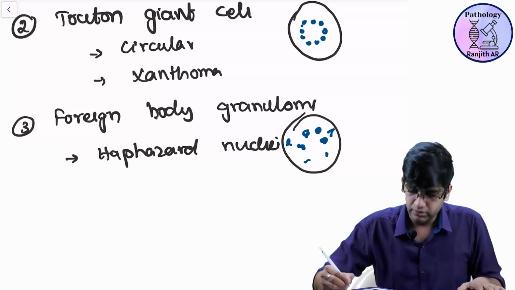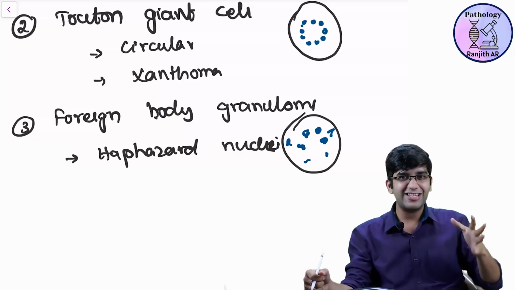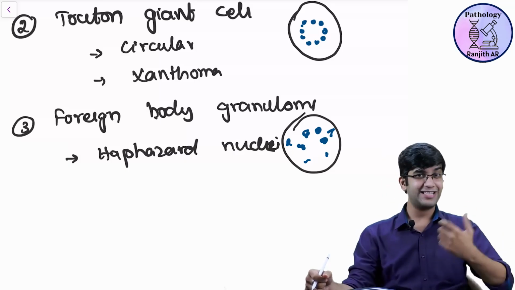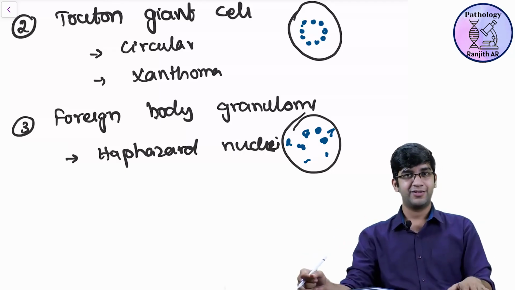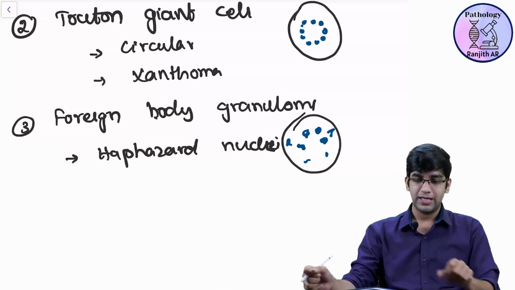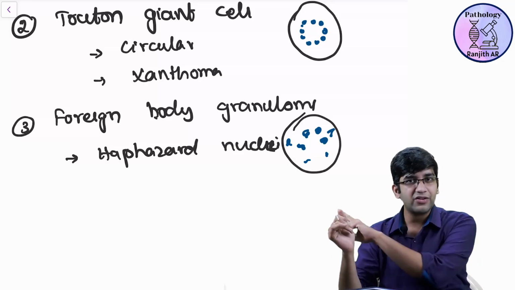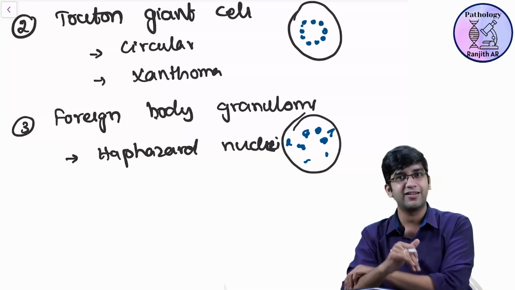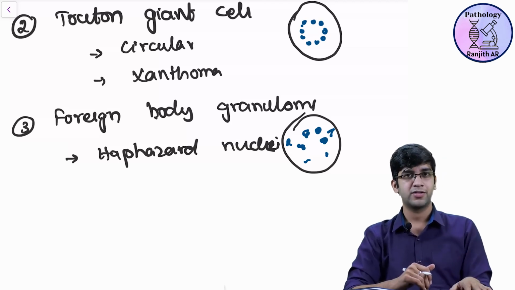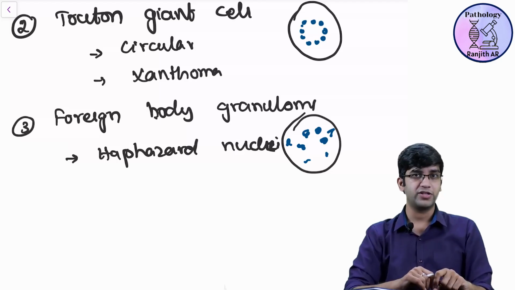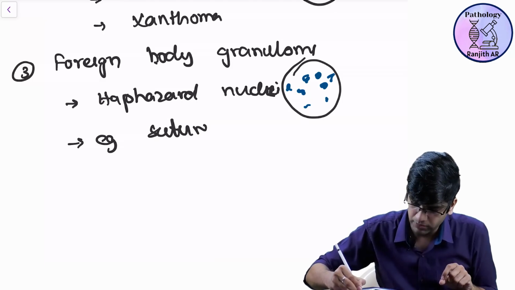So what is a foreign body giant cell? When you leave a suture back, the reaction is not the same as when you put the suture in. If you leave a little bit of non-absorbable silk inside my body, my macrophages try to come and eat it. Can they eat? They can't. They become activated and it becomes a granuloma. Suture granuloma, very common. You'll have a foreign body type of giant cell. Example of foreign body granuloma: suture granuloma.